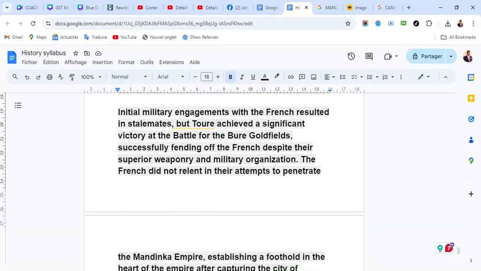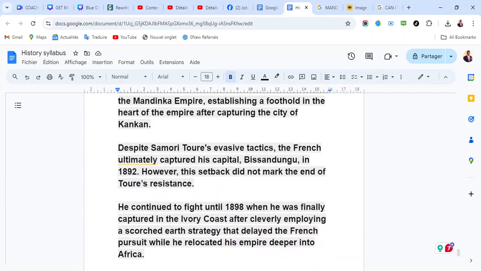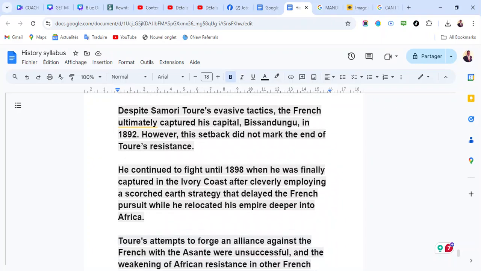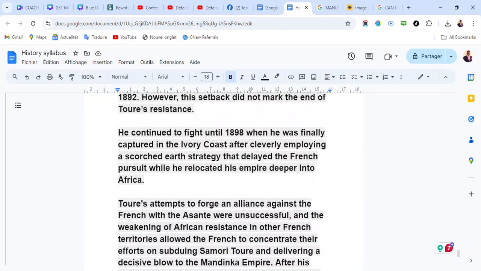The French did not relent in their attempts to penetrate the Mandinka Empire, establishing a foothold in the heart of the empire after capturing the city of Kankan. Despite Samori Touré's evasive tactics, the French ultimately captured its capital, Bisandugu, in 1892. However, this setback did not mark the end of Touré's resistance. He continued to fight until 1898 when he was finally captured in the Ivory Coast, after cleverly employing a scorched-earth strategy that delayed the French pursuit while he relocated his empire